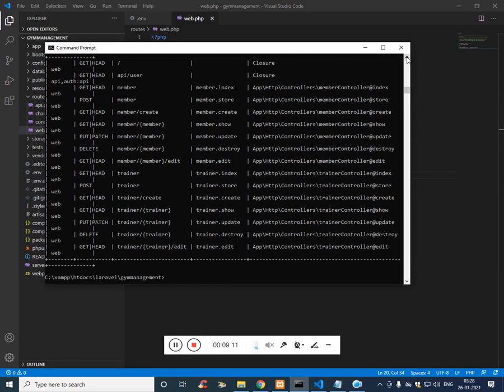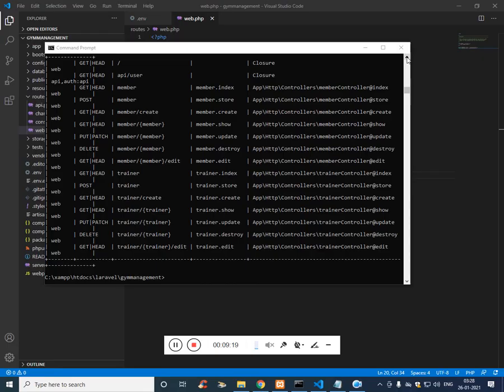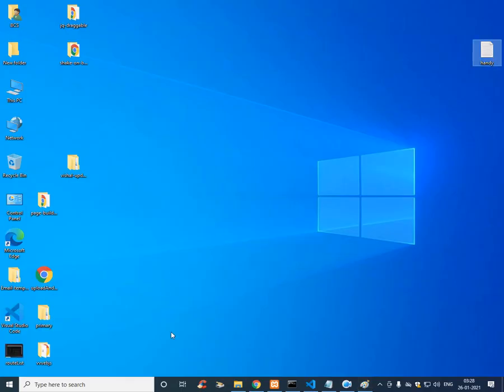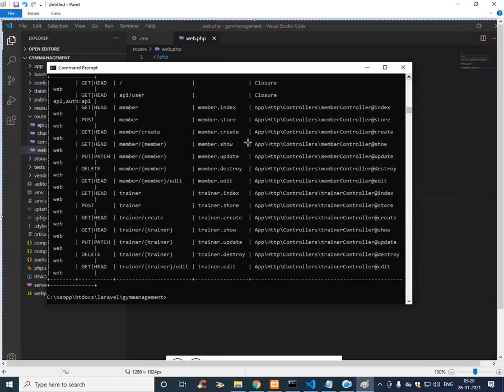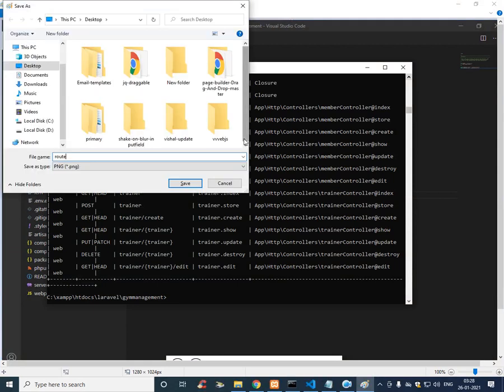Print screen, where is print screen? My keyboard is new. Print screen, and let's get Paint open. Just paste. We have already one on the desktop. Let me delete that, and let's save this on our desktop. We'll name it route list.